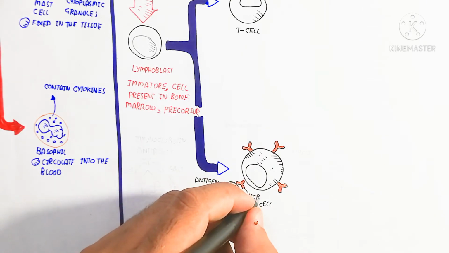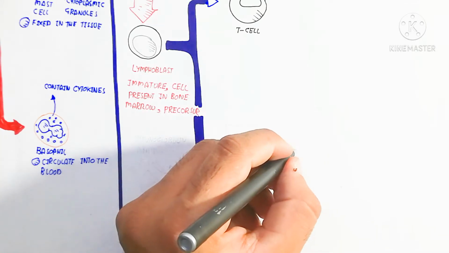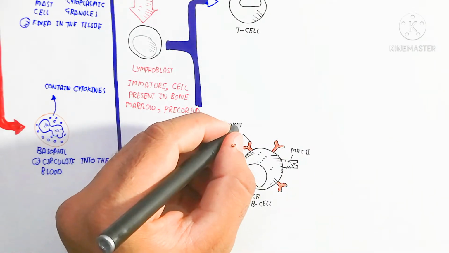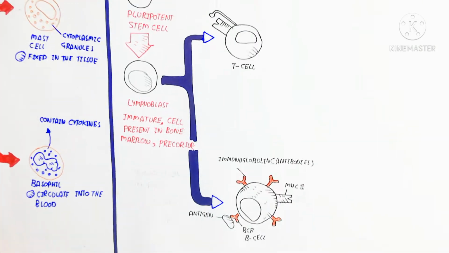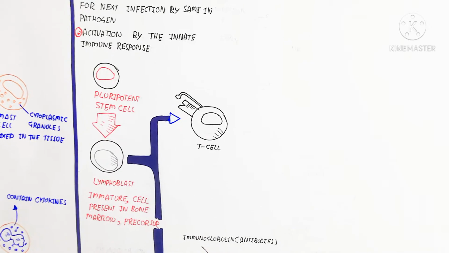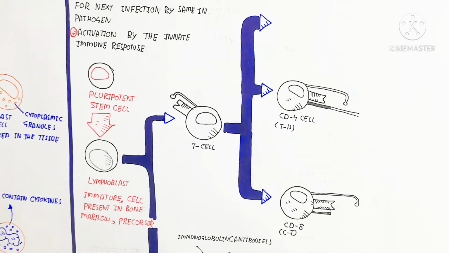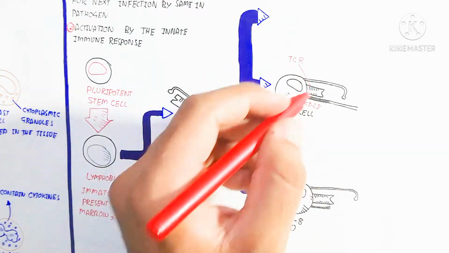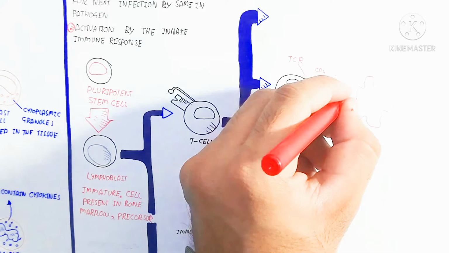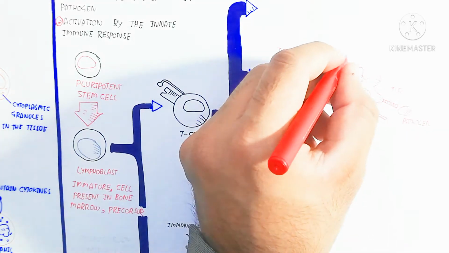It also contains the MHC class 2 receptor, which is used for T cell activation. The important thing is that immunoglobulin is used against the antigen, and the coating by this immunoglobulin is the antibody, of different types. We will discuss that also. Here the T cell differentiates further into the CD4 cell, the T helper cell, and the CD8 cell or cytotoxic T cell, which contain a T cell receptor and CD4 receptor as well as CD28 and